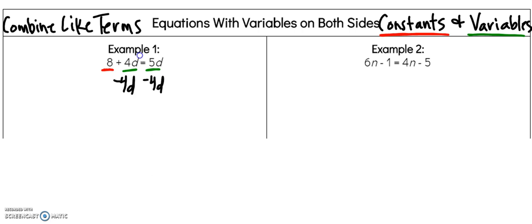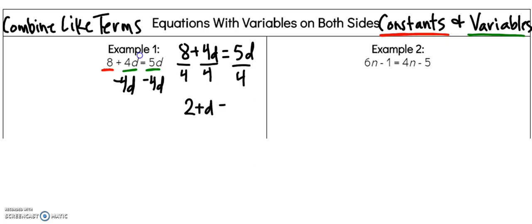Now you may be wondering, why didn't I divide by 4? Because that's normally what we do with a number next to a variable. Well, this is different because we're trying to combine terms. I'm not trying to solve for D yet. If I had 8 plus 4D equals 5D, and I divided by 4, well, I would have to divide every single thing by 4. That would turn into 2 plus D equals 5/4 D, which didn't get us any closer to having all of the D's on one side of the equal sign. So